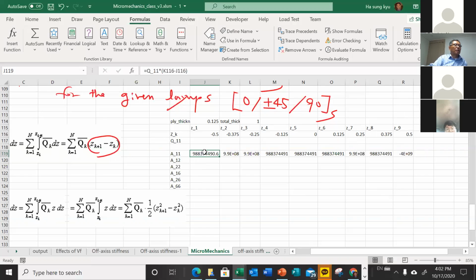So each one, let's say this is the theta, you can have this is the 0 angle, and 2 and 3, this is the 45, and this is the minus 45, and 90, and 90, and minus 45, and plus 45, and 0 degree. What is missing here is that the Q11,